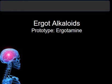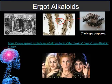The next group of drugs are the Ergot Alkaloids, and the prototype here is ergotamine. These are historically really interesting, and we think these were kind of the causative agents of the mass hysteria and the rather odd psychiatric behavior of the Salem witch trials, which occurred in the 16th and 17th century. And we think it's really due to wheat and grain storage being contaminated by this particular fungus. When this fungus sprouts on dampened or improperly stored grains, which historically may have happened in Salem at that time, you get this